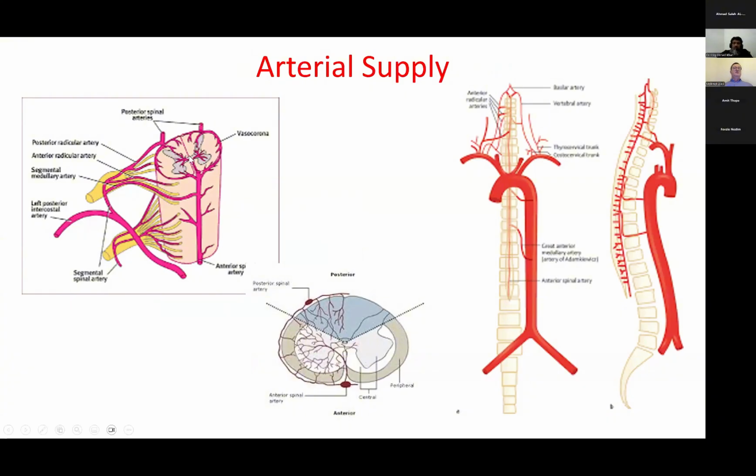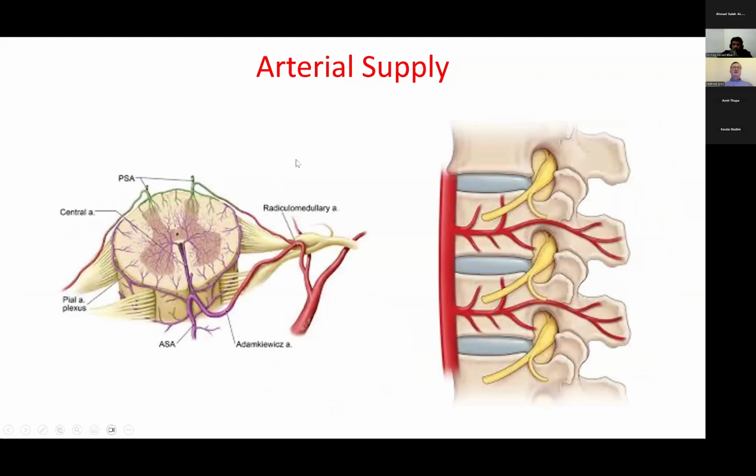The arterial supply of the spinal cord is very delicate, and it's mostly by the anterior spinal artery and two small posterior spinal arteries. And there is one so-called Adamkiewicz artery coming from the thoracolumbar level by this shape, and it is, however, not affected by many complex spine surgeries, but more